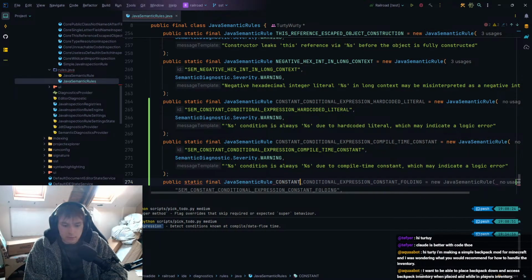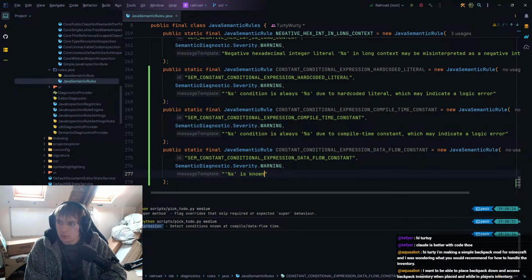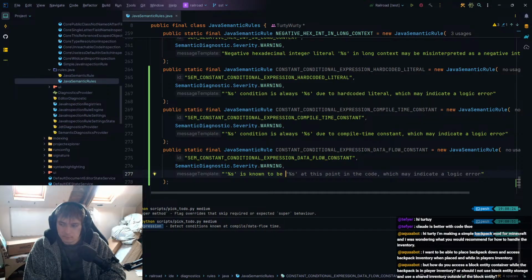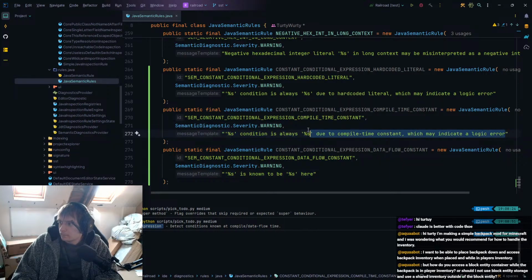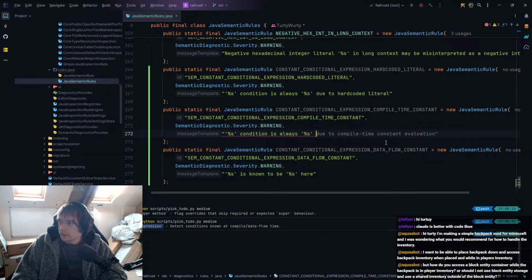So constant conditional expression data flow constant. We can say %s is known to be %s here. Just get rid of that. We can say due to a hard-coded literal. We can say